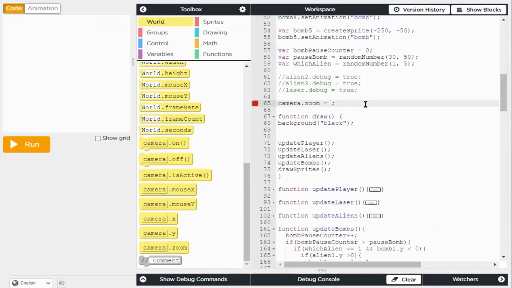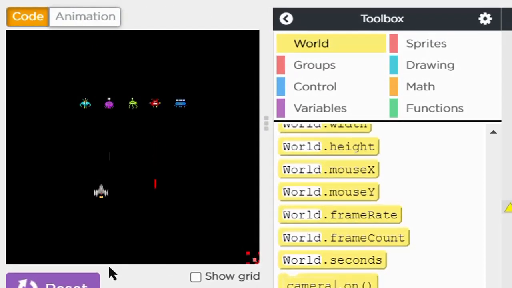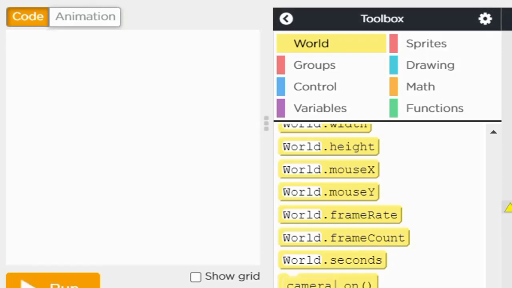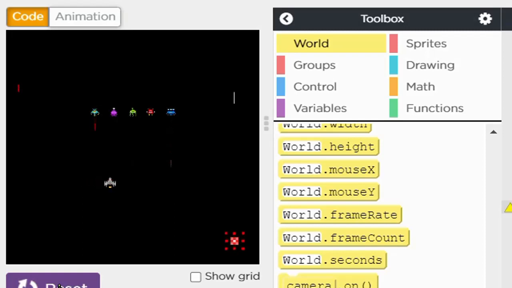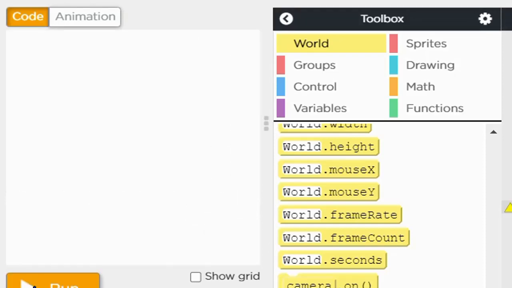So if I do a camera zoom of 0.5, there's my burst down there in the lower right. Okay, there's my alien, where my aliens land. So I'm going to zoom out a little farther. You can see the bombs chilling over there. That's cool. And the laser. So if I run this,